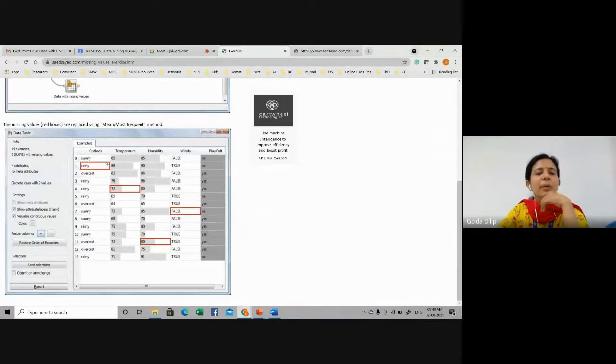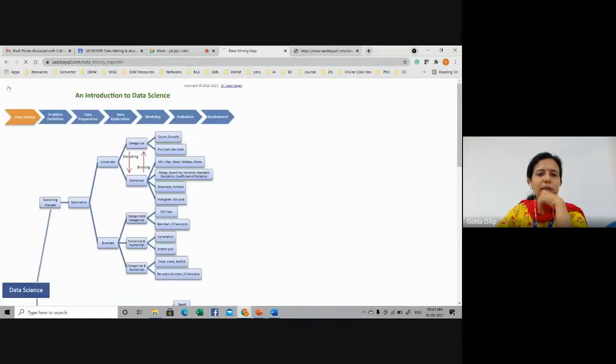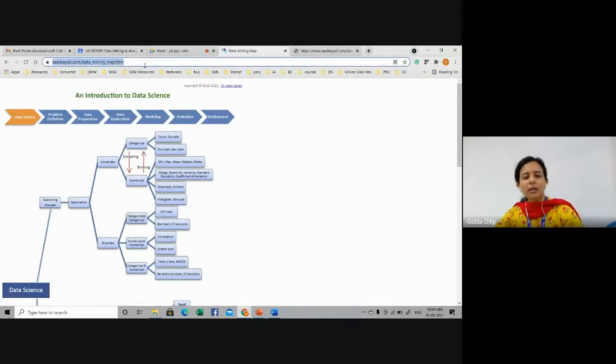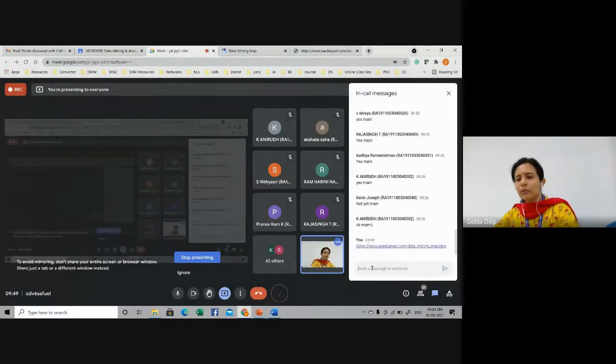Here the missing values are being replaced with the mean or the most frequent method. With the mean value they have replaced. See, the values being shown in the red color rectangle are all the missing values being replaced with the most probable or the most frequent method. Those who are interested can have a look at this. This is a very good tool, Orange data mining. There are other tools too, like Weka and other things. So you can have a look at this particular one also. Maybe I'll put the link in your chat window. Those who are interested can have a look at it. We don't have a lab to do all these things, right? So you can look at this.